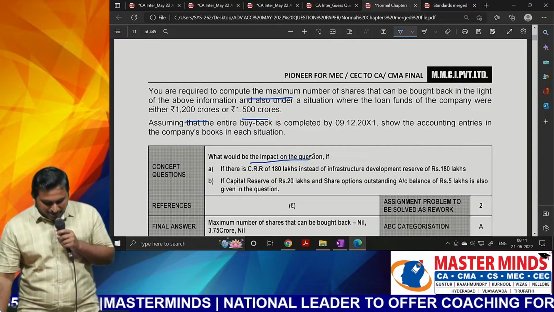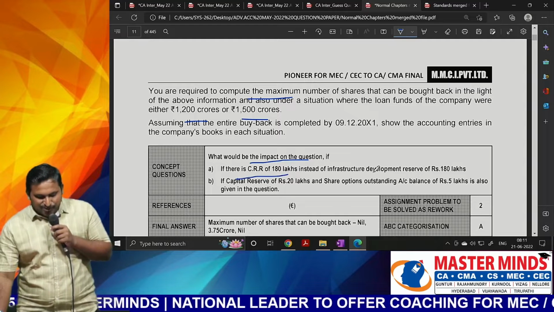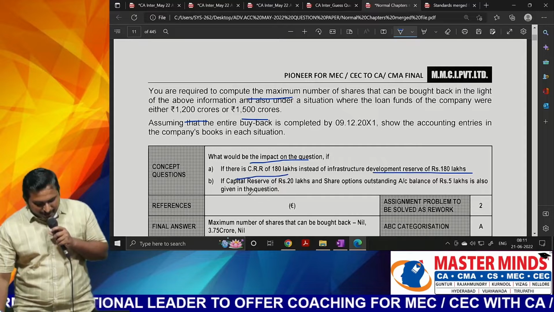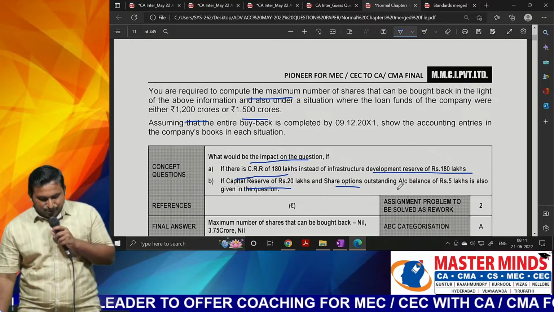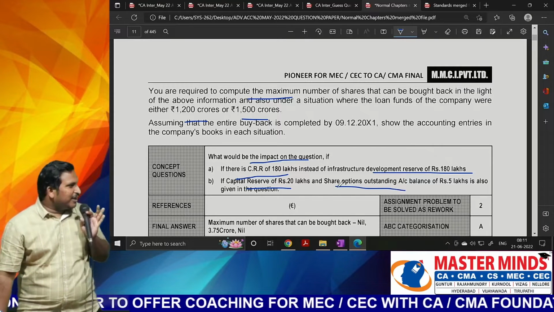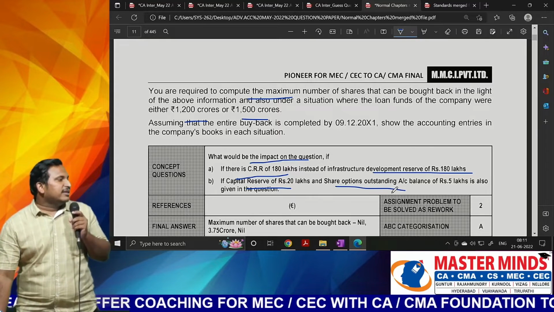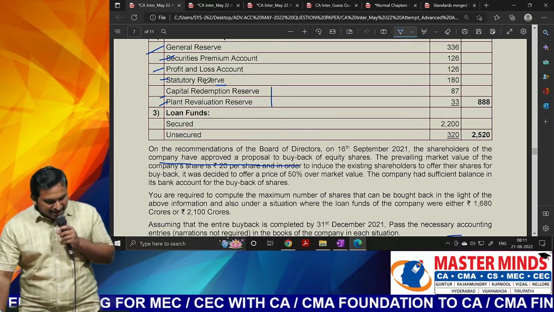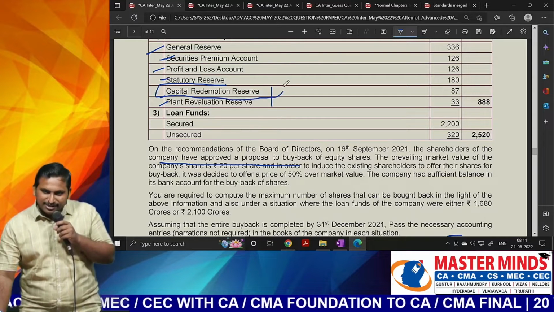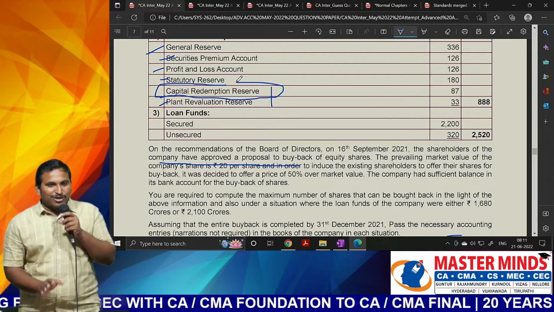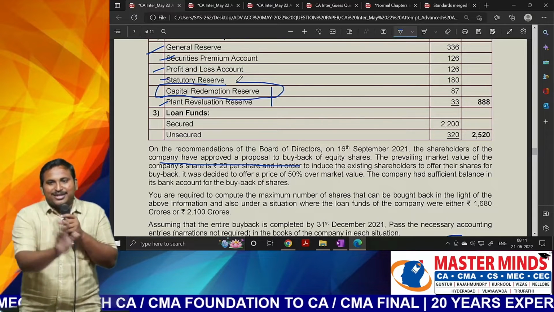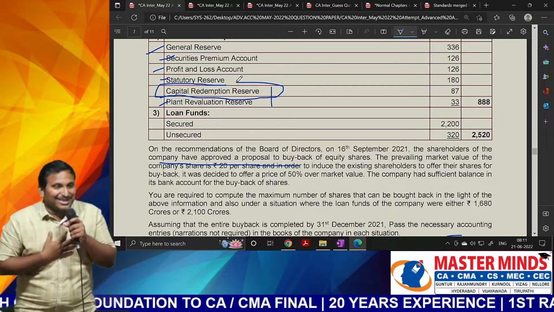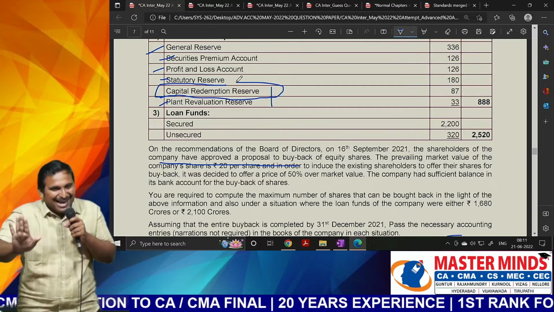The first concept question. If there is CRR of 180 lakhs instead of infrastructure development reserve, and if there is capital reserve of 20 lakhs and shares outstanding, we have given 3 extra points, sir. If this information was given, you could observe in the examination, in addition the reserve they have asked is that CRR. It was one of the concept questions we have placed in the material. I don't say that in every examination, everything will match. But